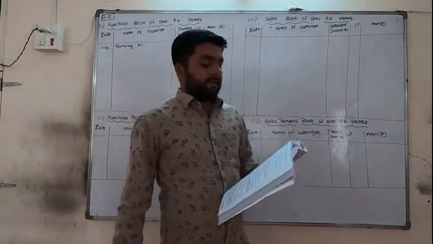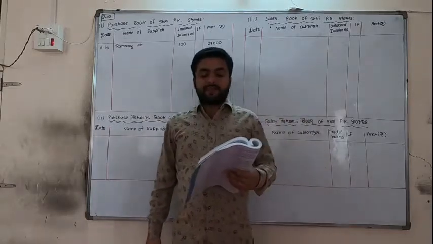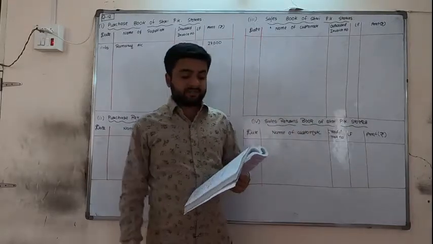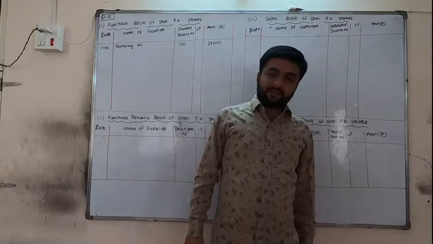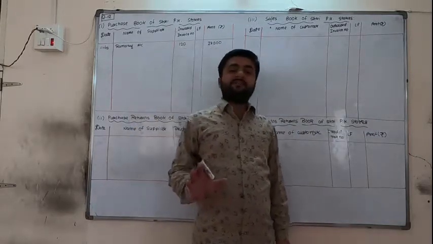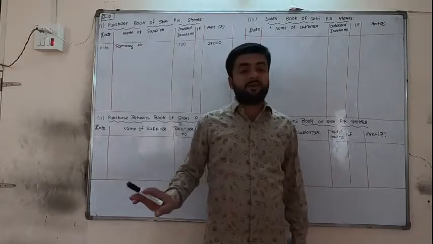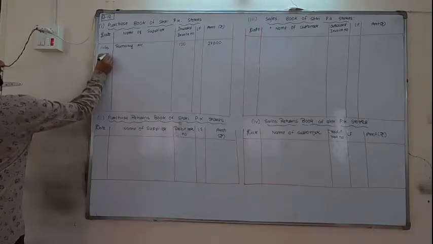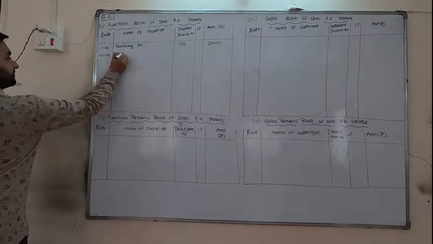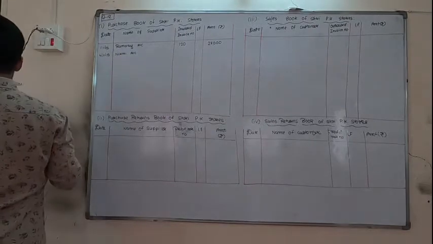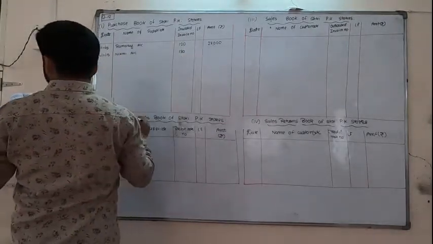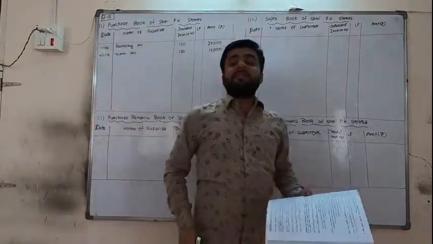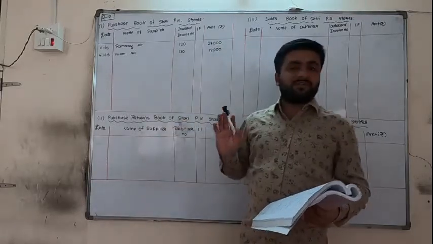Next, purchase goods of 12,000 from Nirmi at 10% cash discount. See, they are talking about cash discount, so we will not consider this cash discount directly. Credit period is 1 month, bill number is 130. Goods are purchased from Nirmi on credit only, but simply to confuse, cash discount is given, and that is not to be subtracted. This is a credit purchase, so we will write in purchase book 4, 11, 15, Nirmi account, bill number 130, and directly record 12,000. Reason: 10% is cash discount, not trade discount, so cash discount is not to be subtracted.